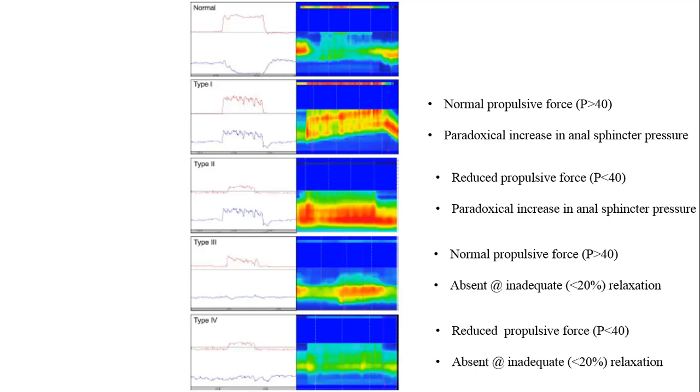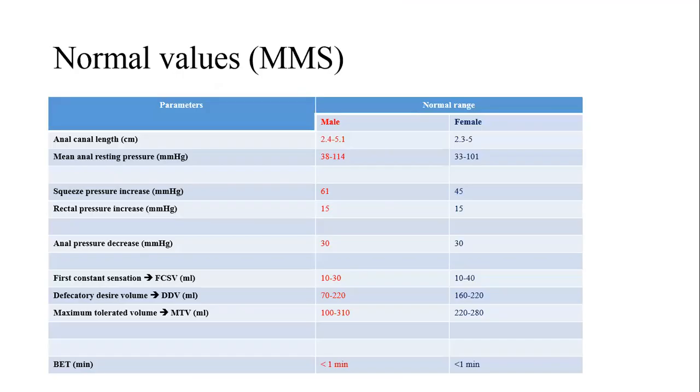In type 2, there is reduced propulsive force, but there is a paradoxical increase in the anal sphincter pressure. In type 3, propulsive force is still normal, but there is inadequate or absent relaxation. In type 4, there is reduced propulsive force and there is also inadequate or absent relaxation of the anal canal. So these are among the normal values that we have for anorectal manometry, and males and females tend to have slightly different normal values. I think that's all for